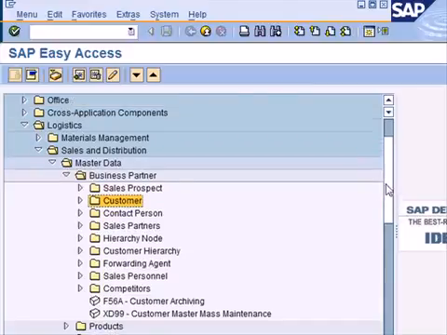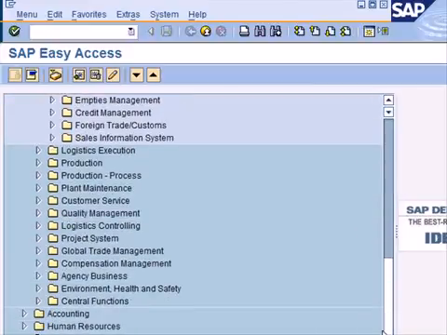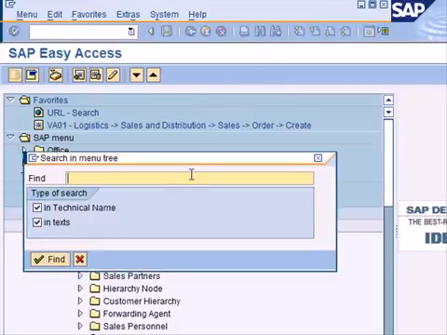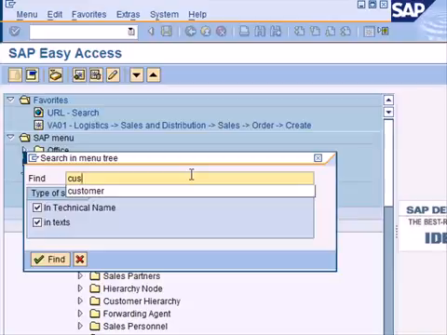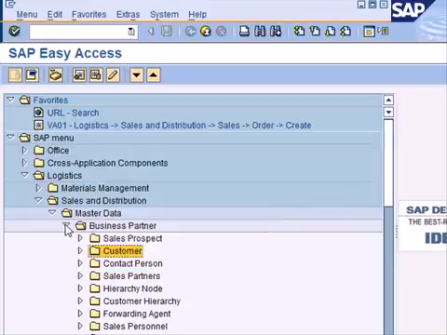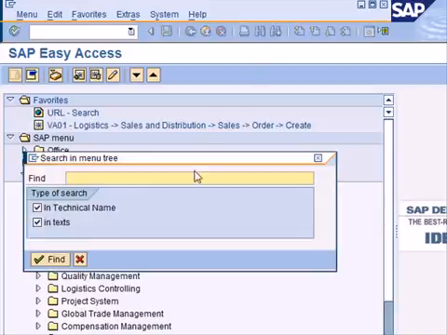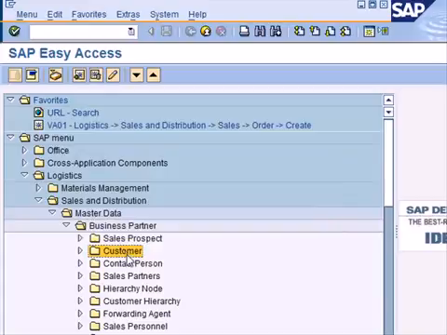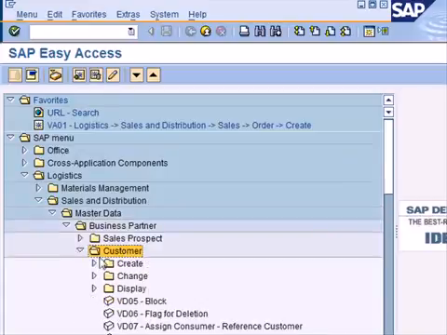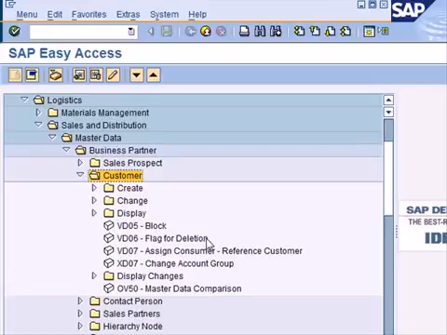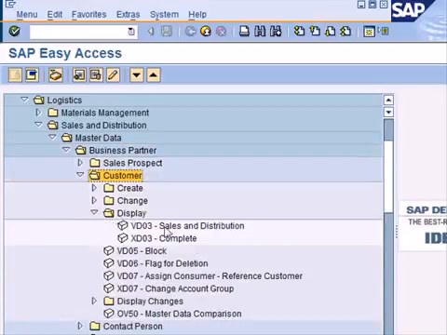Incidentally, if you don't know where in the menu to look for a specific node, you can always use this search. So let me try to look for customer. Let me first collapse this. So say I don't know how to find my customer node, just enter it here, find, and directly you are at the correct place. So customer, I want to display my customer,